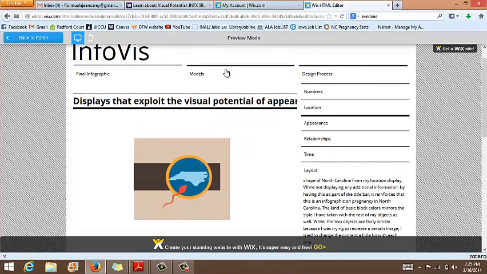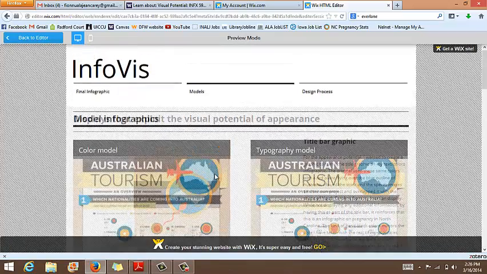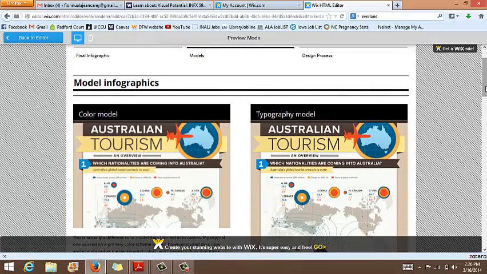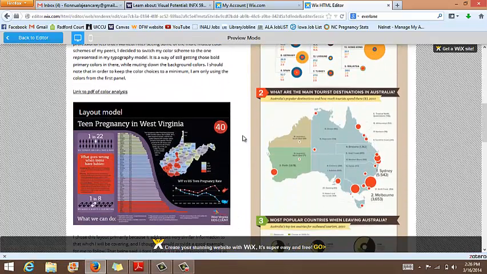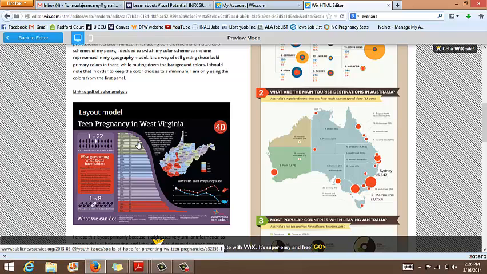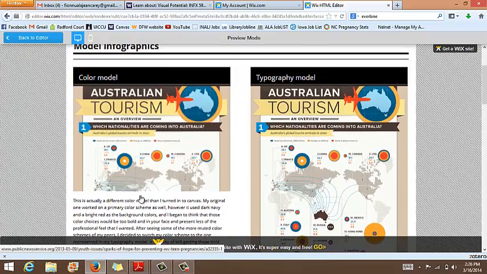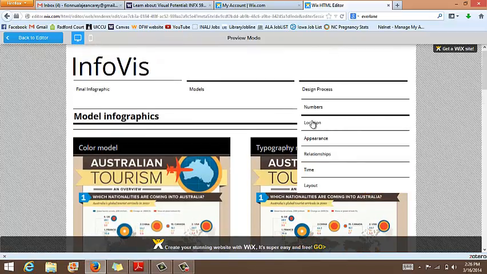Alright, moving on to location. In this middle section of my original layout, it had the counties within the state and the birth rates, but instead of showing them visually, it just had a list of bars, which I didn't think did a very good job of showing it. So what I did